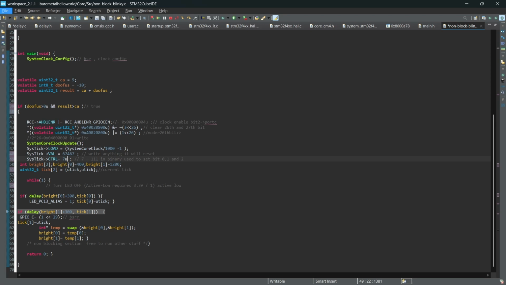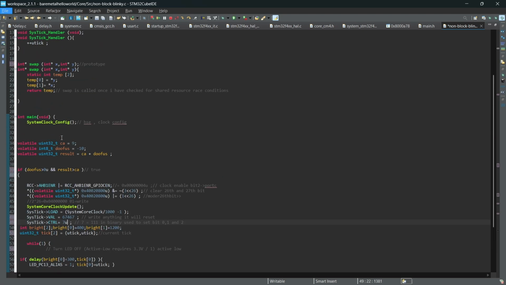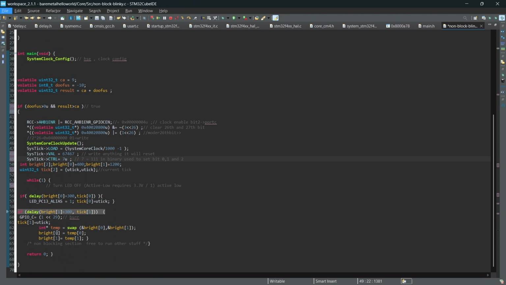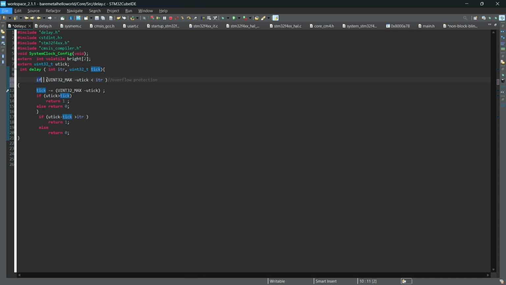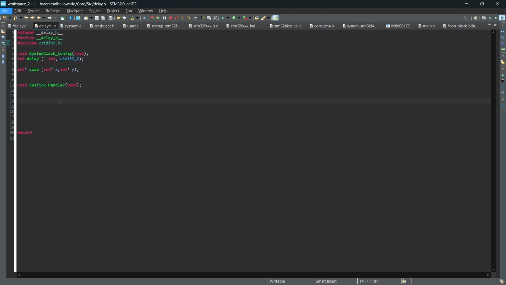Now I have an array. I use this to swap values in the swap function. Already told you, it returns a static pointer. Here, this pointer stores the return value, the swapped value, stores it back, and this loop runs again. The delay is simple. The only thing nice here is the overflow protection. And with the header files, I would like to wrap up my small project. Thank you.